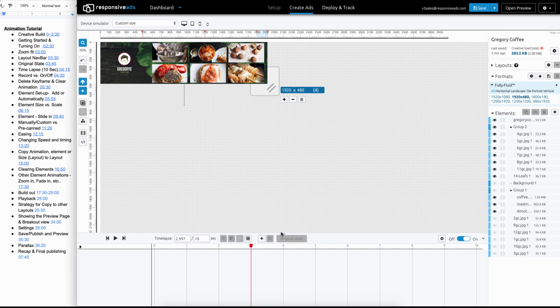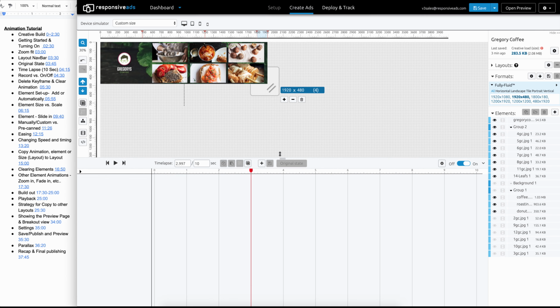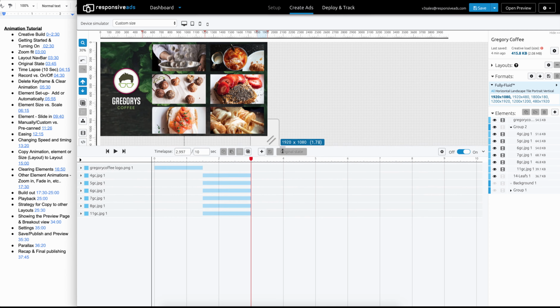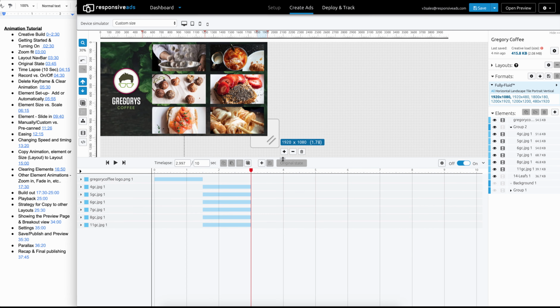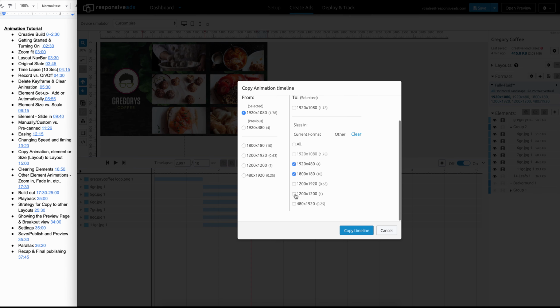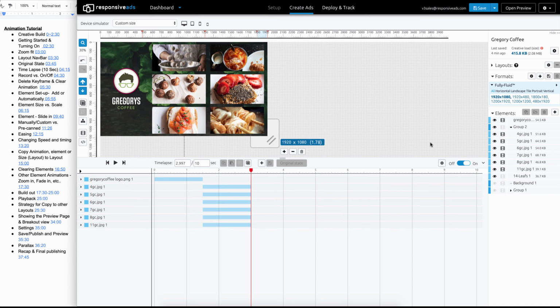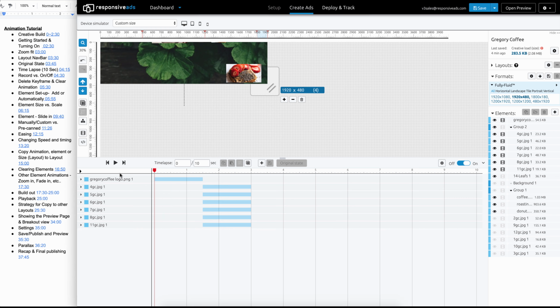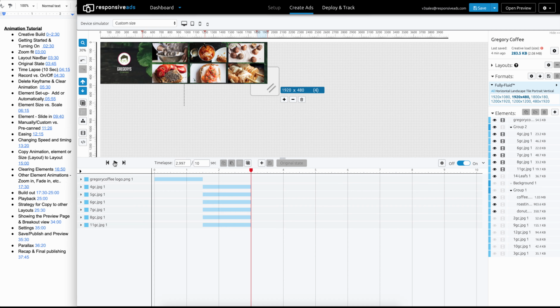In theory, what we could do is copy that animation from this one to that one. Let me do that. So copy animation from this one to this one, and that one. You can just copy the timeline. Now it might not be perfect, but we could actually go and change it. As you can see here,